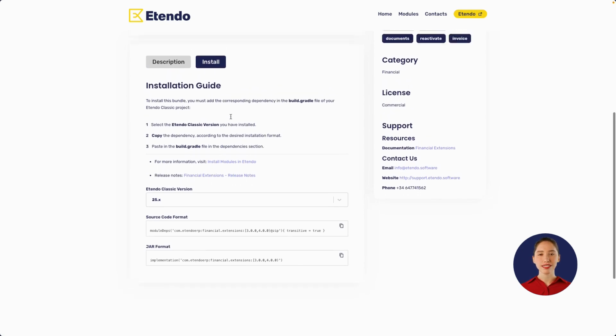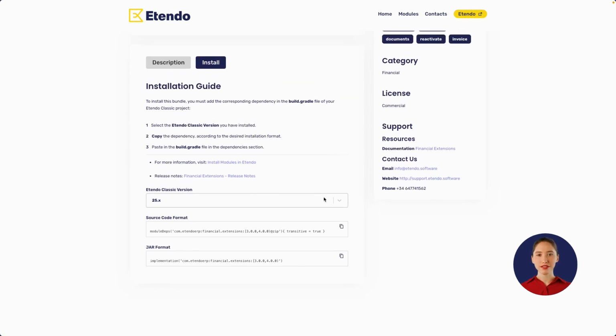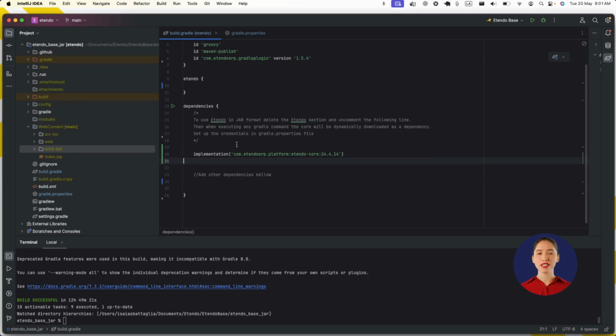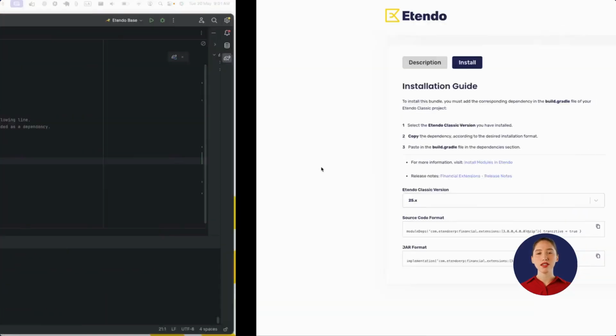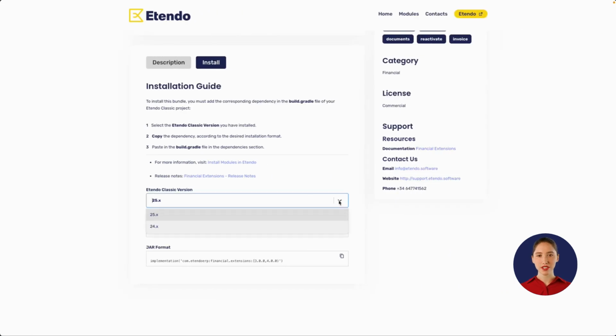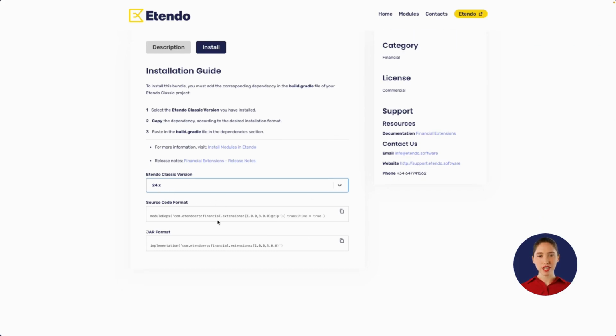There, you will find an installation guide. First, select the version of Etendo Classic where you will install the bundle. As seen in the example, the environment is in version 24, so we select Etendo Classic version 24. Note that if you want to install the module in earlier versions of Etendo Classic, you should still select this version. And now we must copy the installation line, depending on whether we want to install it in source code